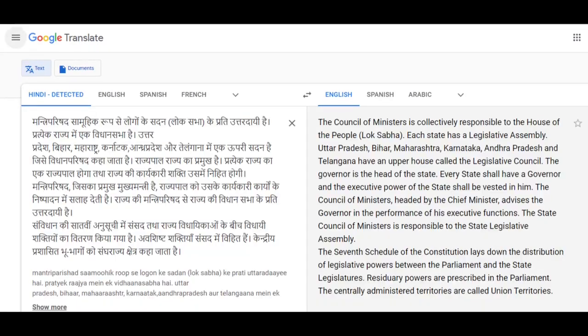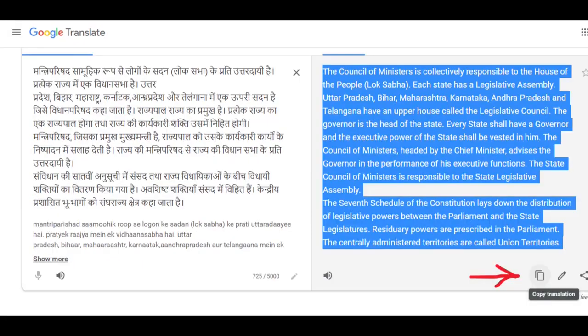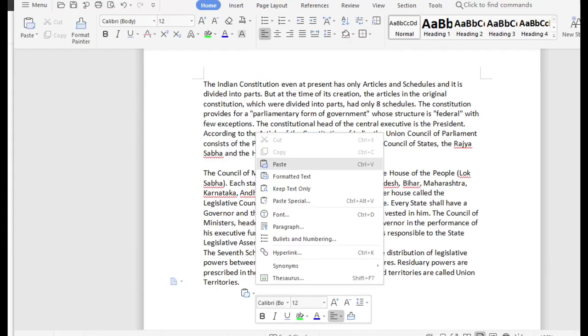Right, this is part 2, and then I'll wait for the translation to English, and then I'm just going to copy this one again. I'll just click on this copy translation button right here, and then I'll come back to this document, click enter, and paste the next paragraph right here. So you can repeat the same process again and again using this method, or you can just